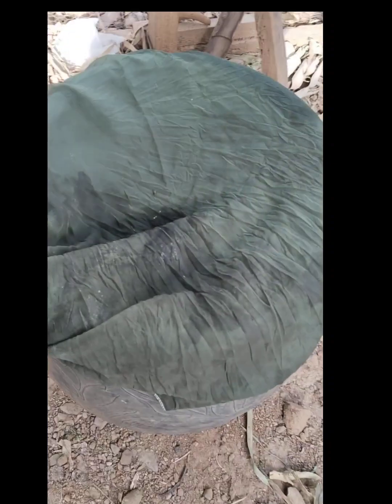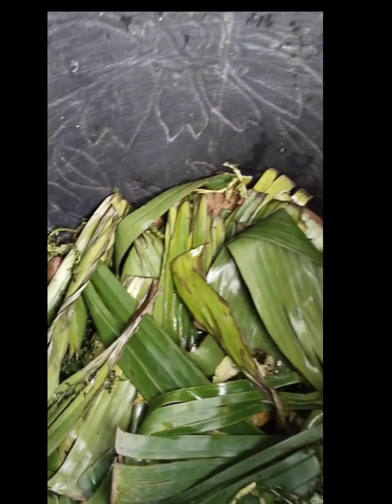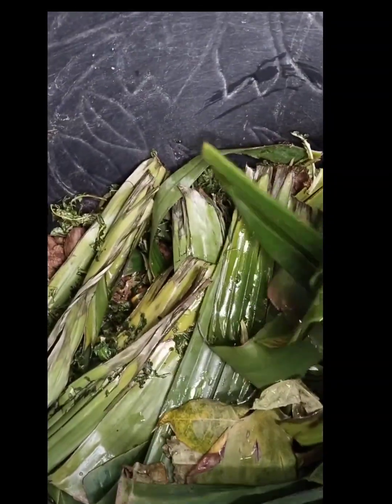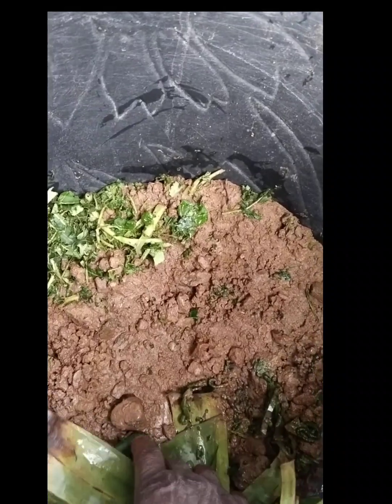So, what you need before starting your snail farming is a container, a plastic container. You can use a bucket, and then that's all you need. Get a plastic container. Look for sand. You pour in your sand inside your plastic container,